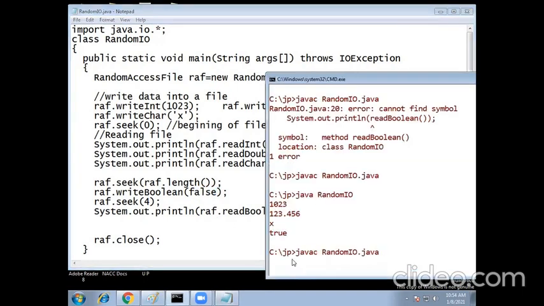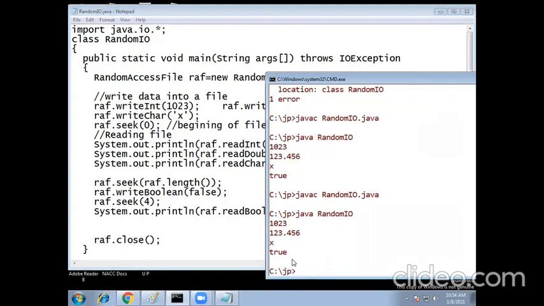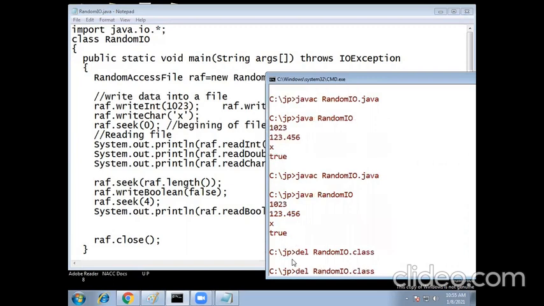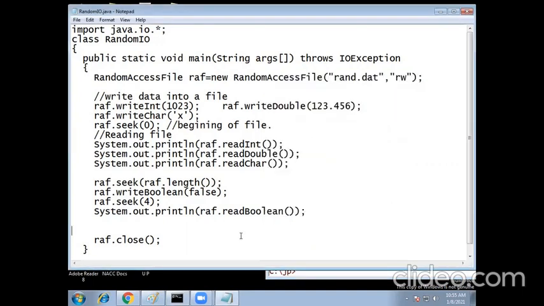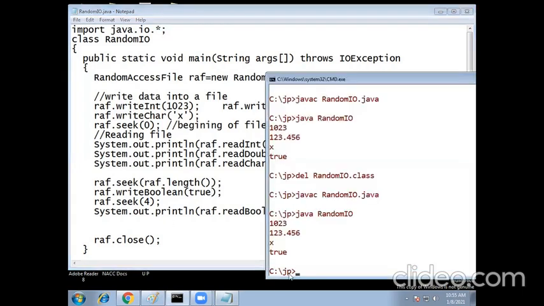Compile the code. Suppose this is true: writeBoolean of true, and seek 4, System.out.println. Compile the code and write.